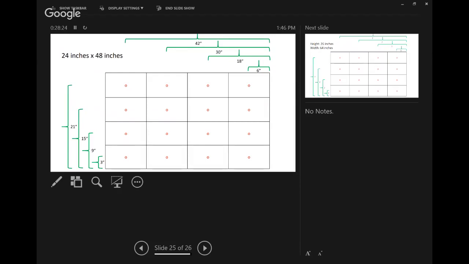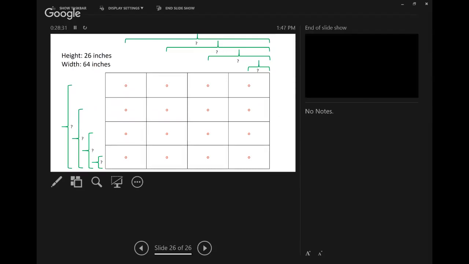This is assuming 24 by 48, to give you an example. The fume hood up there is 26 by 64. So 26 tall by 64 across. So in your teams, why don't you,